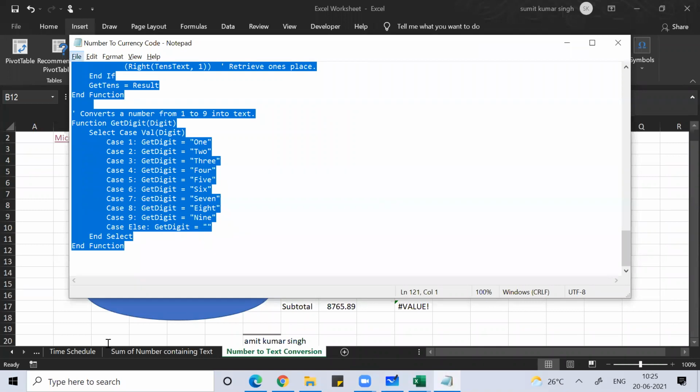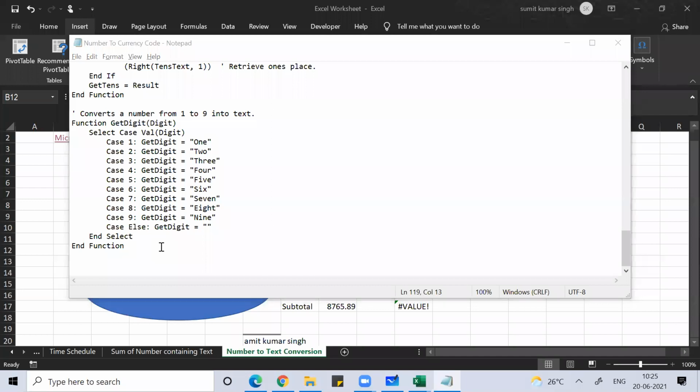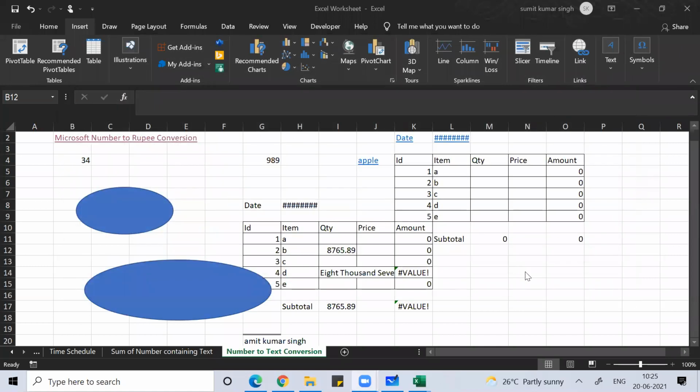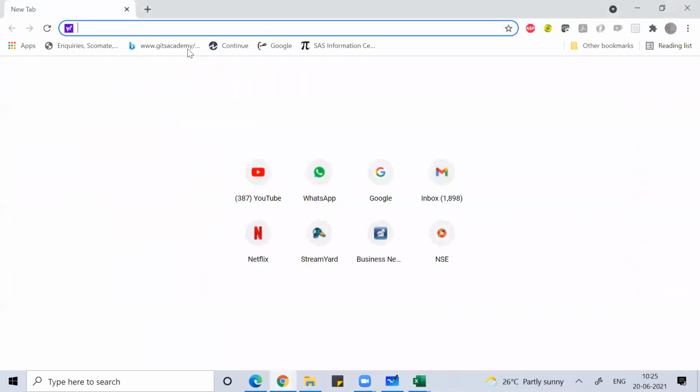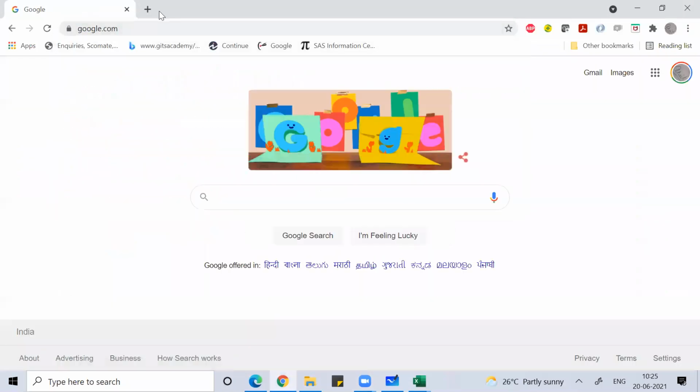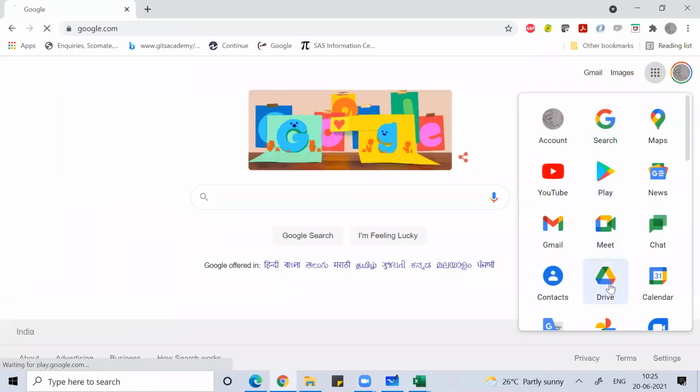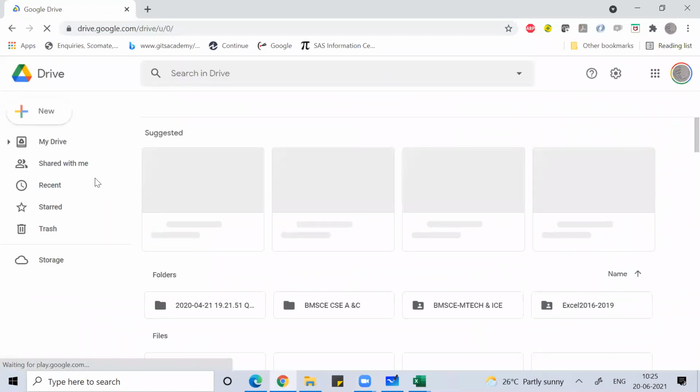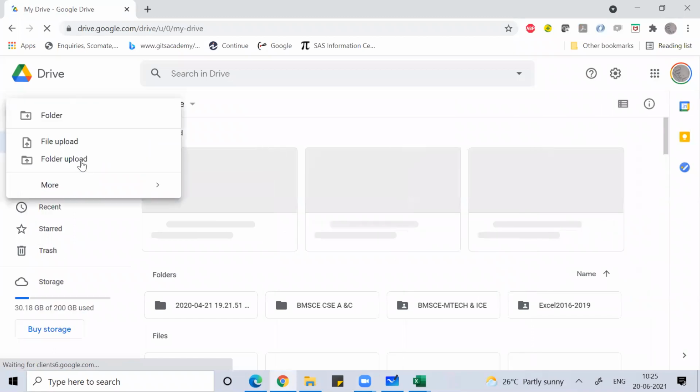One minute. It's not coming properly. I'll do one thing: otherwise I'll put it in my Google Drive, and I'll give you the link from there.